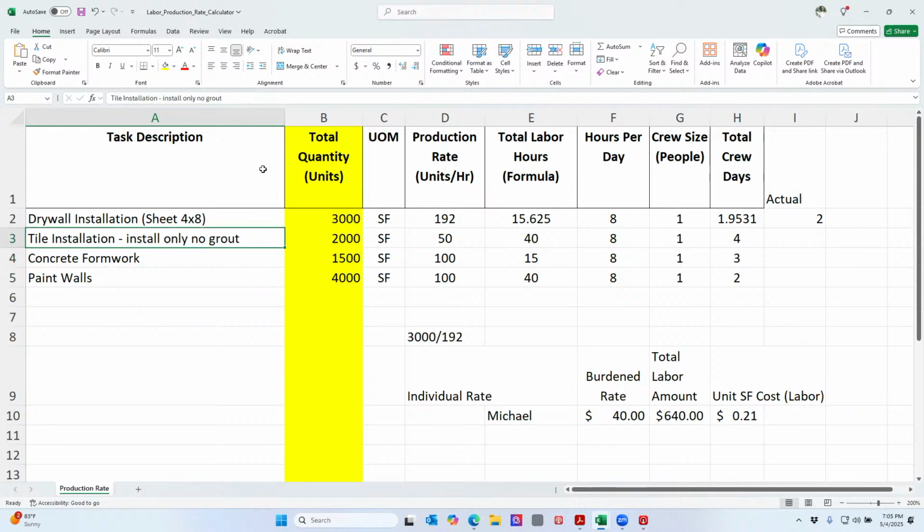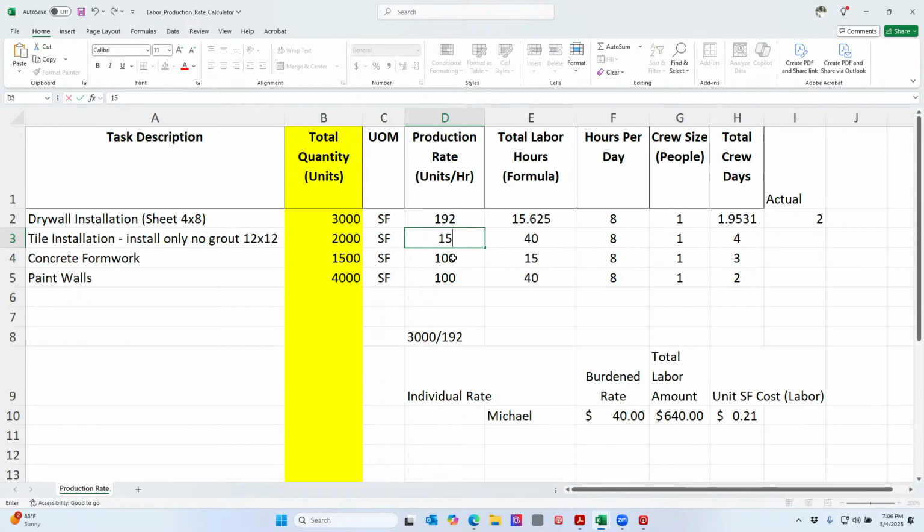Well, sometimes you may say, what size is the tile? Let's just go by 12 by 12, right? And I'm going to say I can probably do, in an hour, I probably can get 15 pieces down. So if I can get 15 pieces, that's 15 square foot. Got it? Now, if this was a 24 by 12, and I said I can still get 15 pieces down,